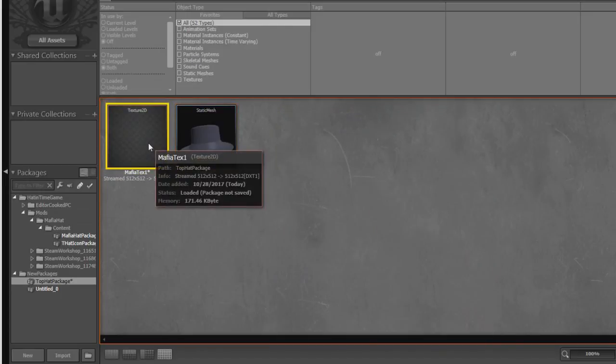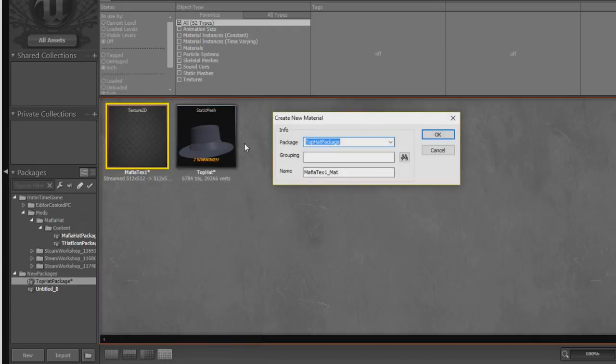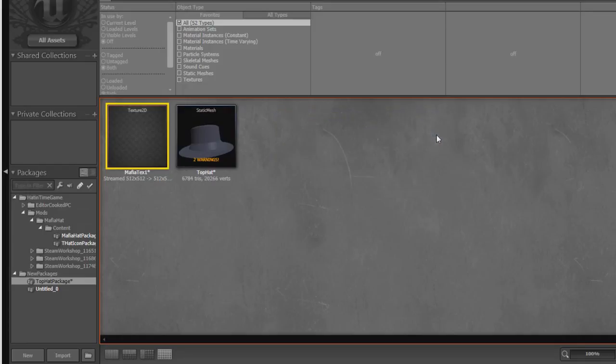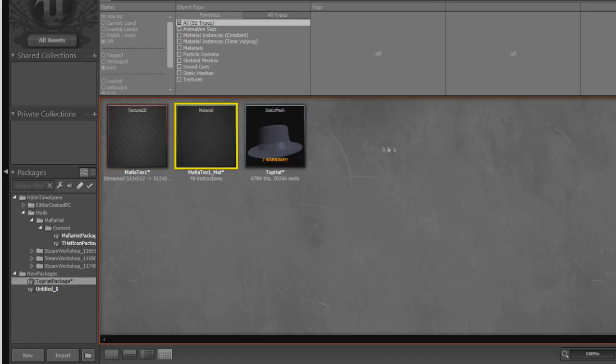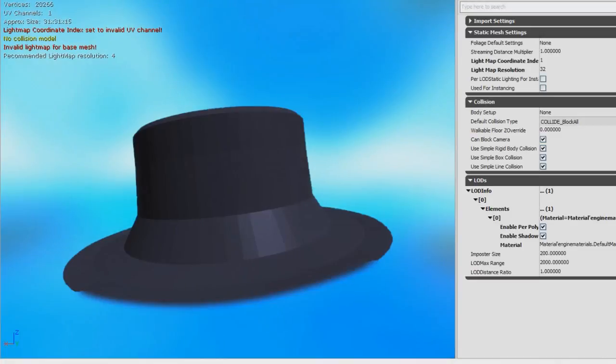Now that you have done this, what you want to do is right click your Texture 2D. Now, after you've done this, you want to do Create New Material. This will create a new material so you can use it on your static mesh. So now that you have done that, click on OK. And it will take a couple seconds, and now that is all settled, what you want to do is double click on the hat that you have made,